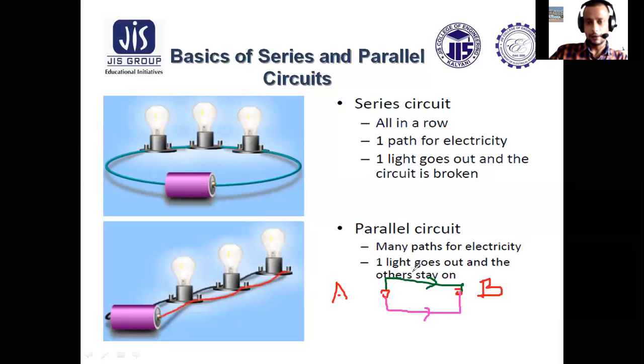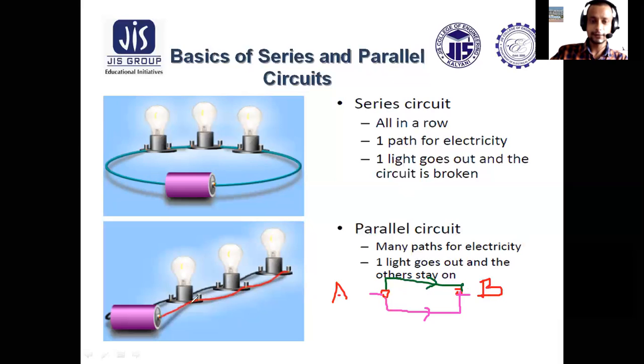Now, if this is the case, then you very often say that these two paths are parallel paths. What do you mean by parallel paths? For the green path or the pink path, for both paths, the starting point is A and the ending point is B. So if two paths have the same starting and the same ending point, then they may be considered parallel.